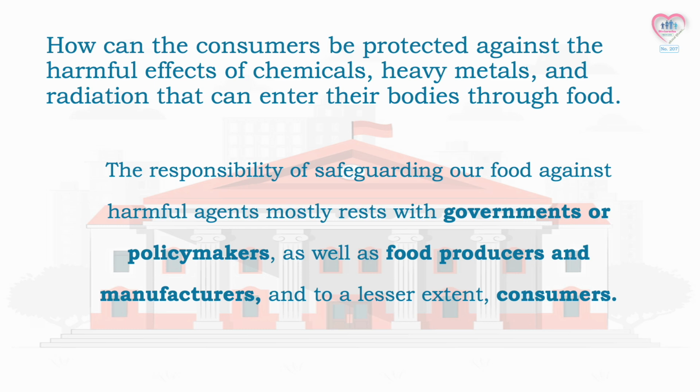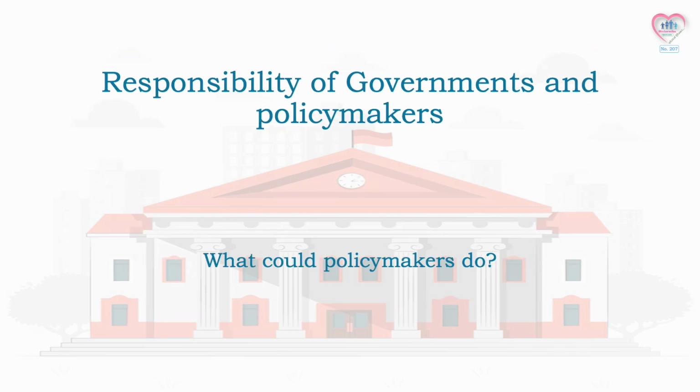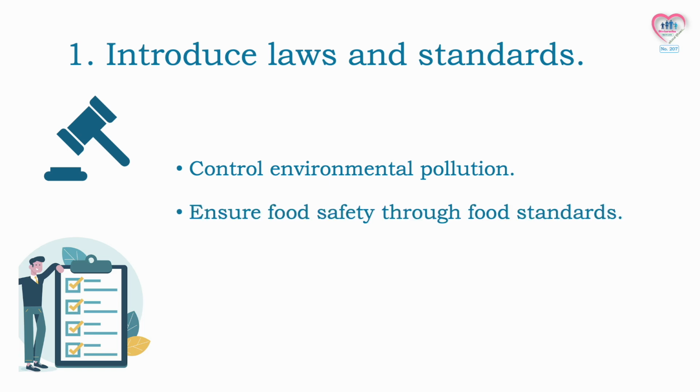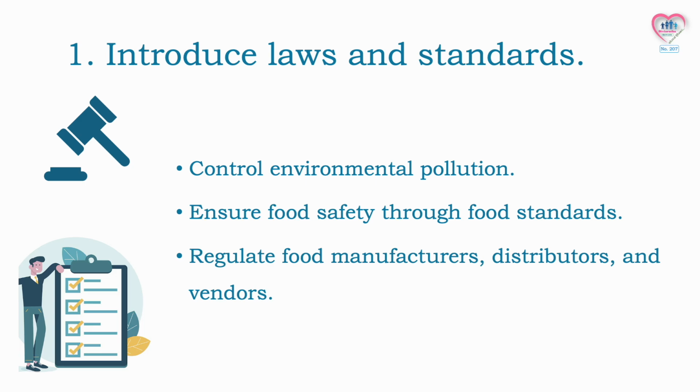The responsibility of safeguarding our food against harmful agents mostly rests with governments or policymakers, as well as food producers and manufacturers, and to a lesser extent, consumers. Let's look at the responsibility of governments and policymakers. What could they do? Firstly, they have to introduce laws and standards to ensure the safety of food. These should be to control environmental pollution, ensure food safety through food standards, regulate food manufacturers, distributors, and vendors to